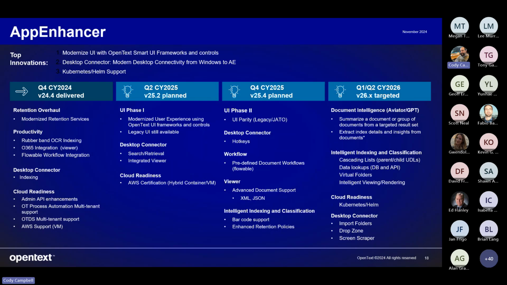And so for us, if we start leveraging the intelligent viewing, we don't have to go do that and rebuild our viewer. Our intelligent viewing team is going to build it for all the different people in OpenText to consume it. So we'll get updates more swiftly, and our team won't get distracted trying to fix the viewer. We'll go get the latest code from our viewing team and integrate it.